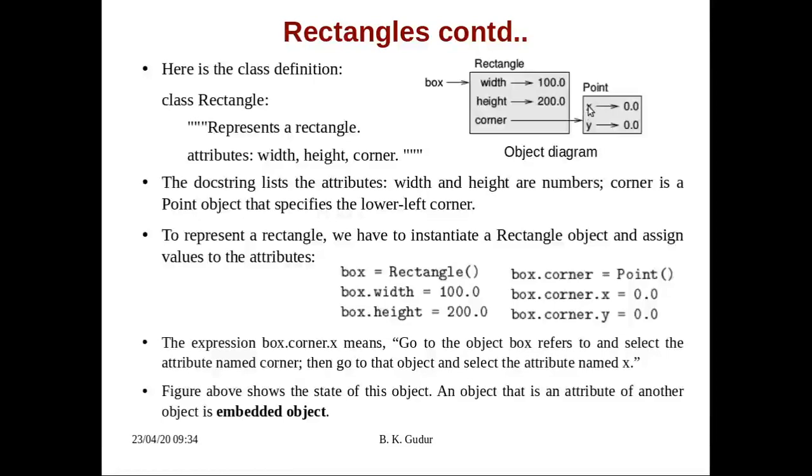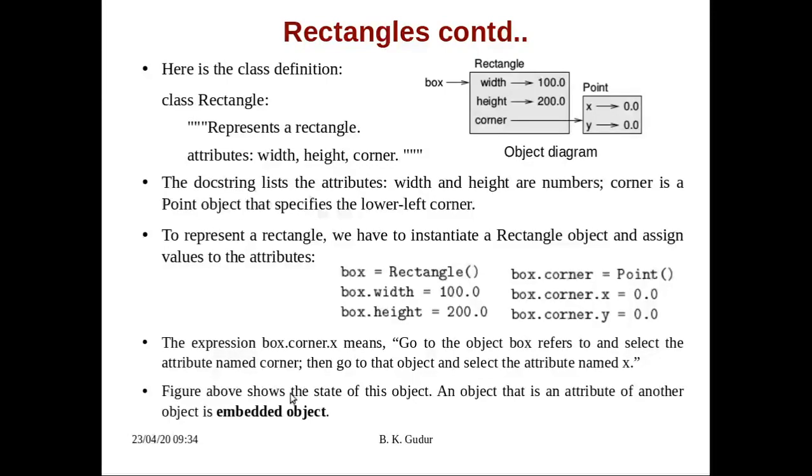If this x in turn were to point to some other object, we would once again use x.something. So the expression box.corner.x means go to the object box refers to and select the attribute named corner, then go to that object and select the attribute named x.